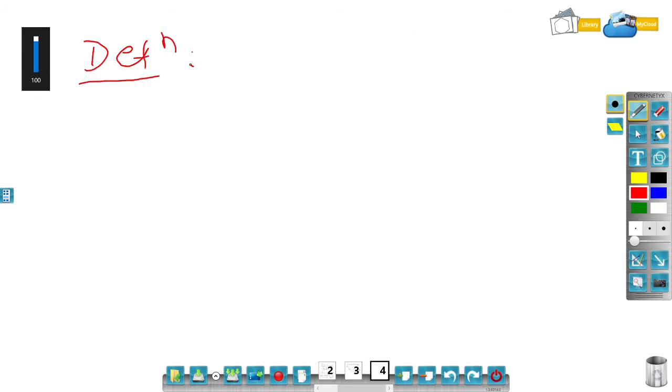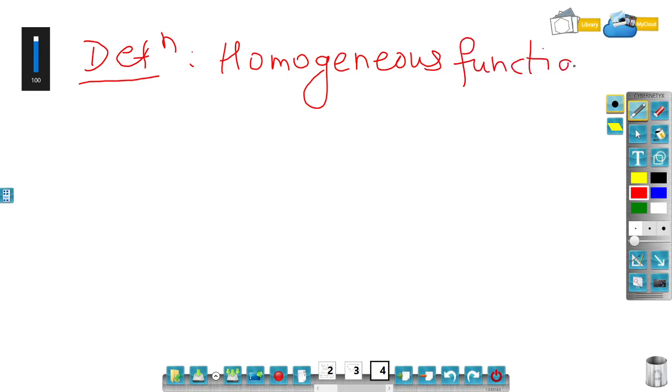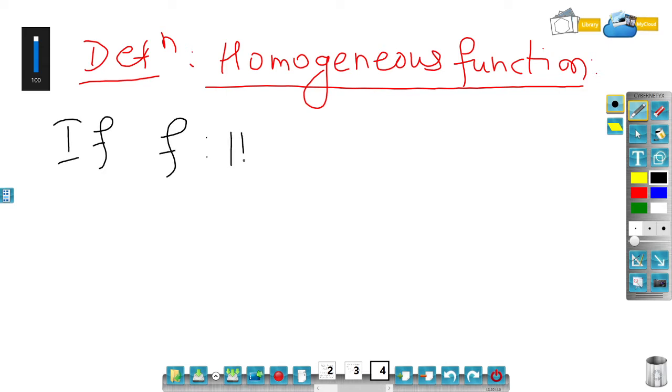Definition of homogeneous function: if f is a function from R2 to R, in general let me define this from Rn to R, a scalar valued function,